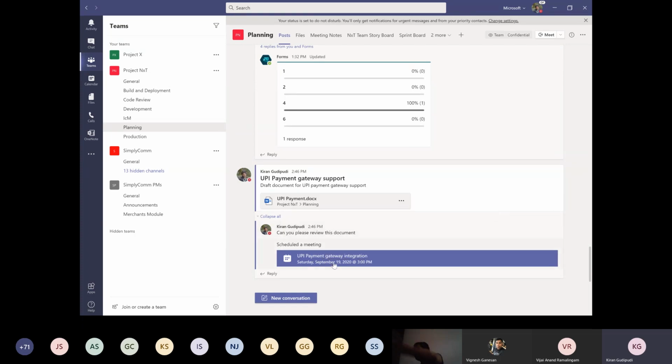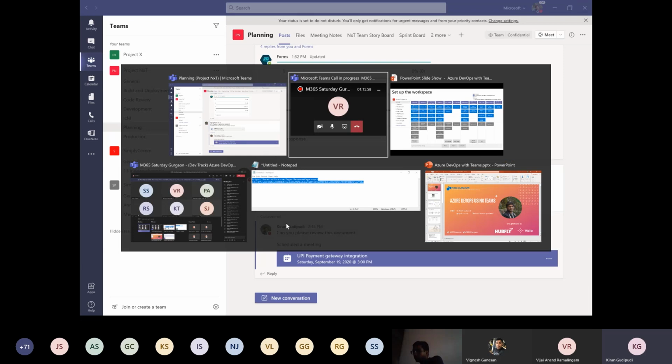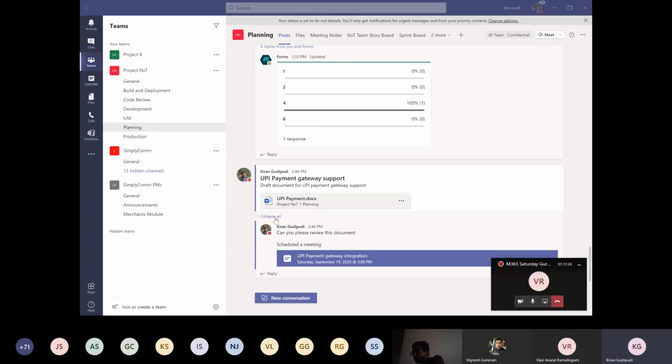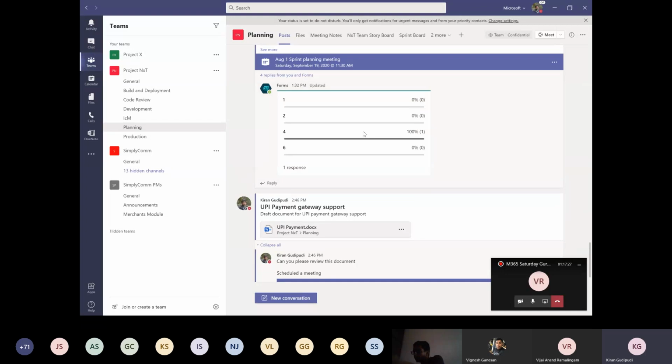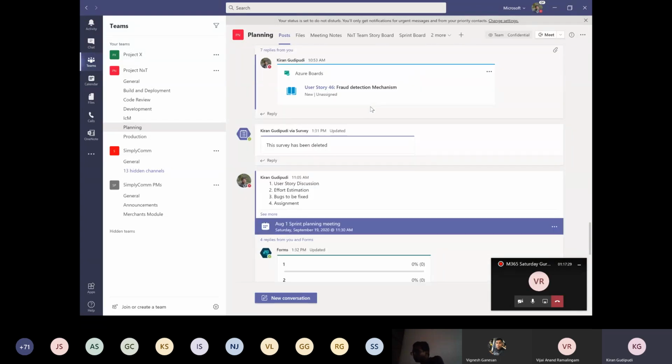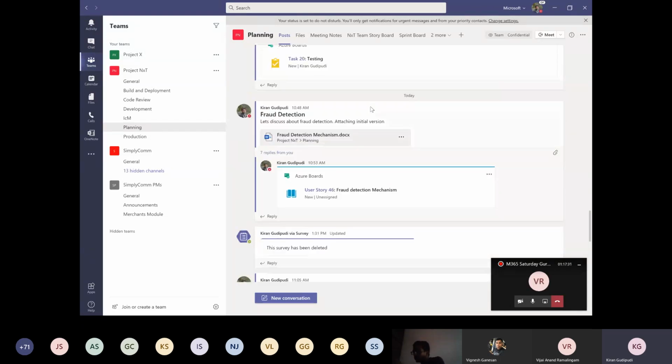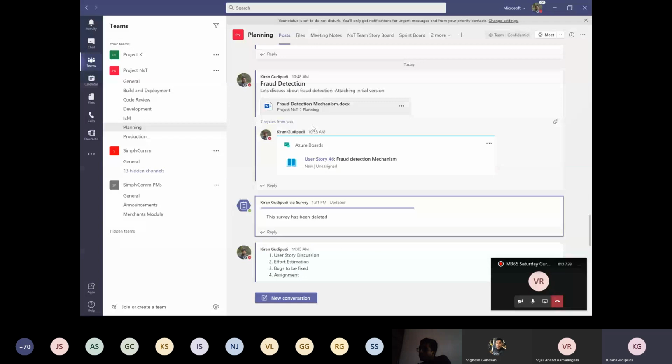For this particular meeting, I cannot start it now, because if I start this meeting, the current meeting will be ended or will go on hold. So let me otherwise use a browser window to have this. Otherwise, let me quickly show you: just before this session, I simply created one feature called fraud detection,